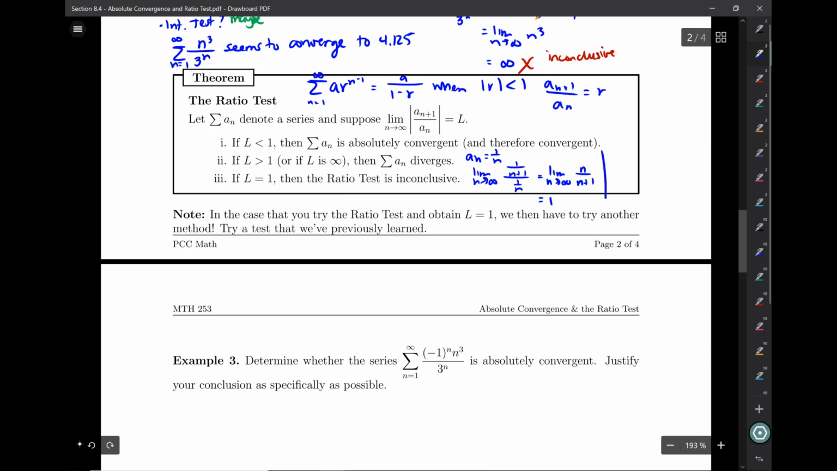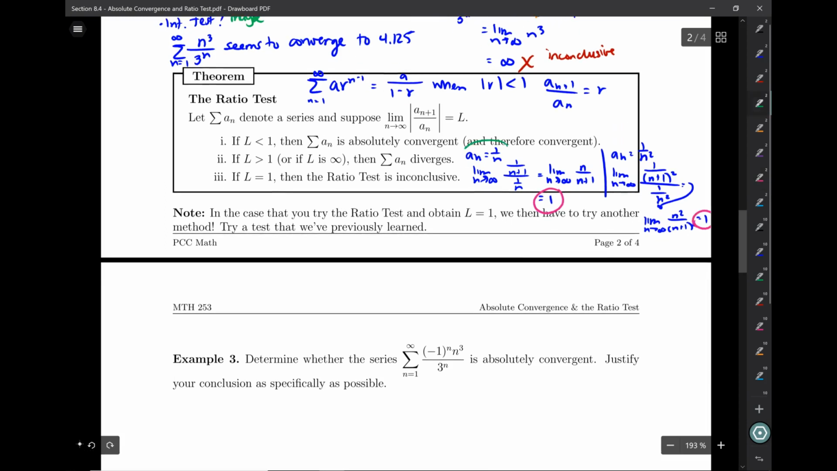If I do the same thing for 1 over n squared, I would have the limit as n goes to infinity of 1 over n plus 1 squared over 1 over n squared. So again, the n plus 1th term versus the nth term. And this would give me the limit as n goes to infinity of n squared over n plus 1 squared. And notice this would also equal 1. So we got 1 in both cases,